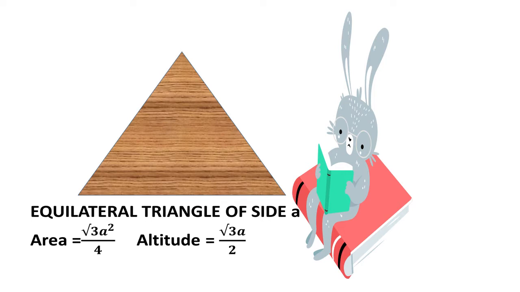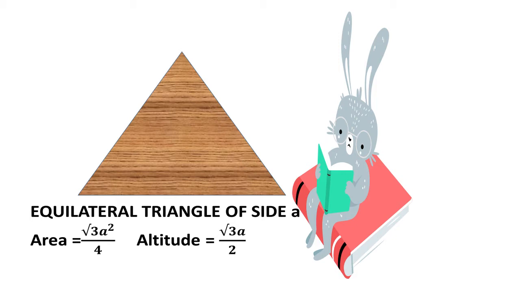You know what is the formula for the area of triangles? Area of a triangle is equal to half base into height. So is this clear to everyone? In an equilateral triangle, if you calculate the height or the altitude, the height will be equal to root 3 by 2 a. You can express this height in terms of the sides of the equilateral triangle. This height is equal to root 3 by 2 a.